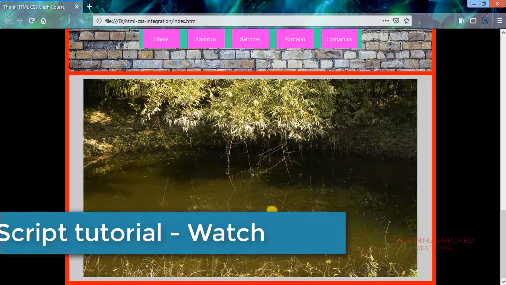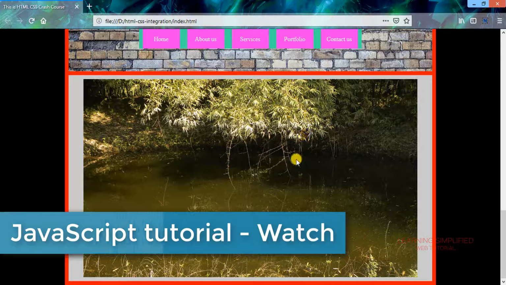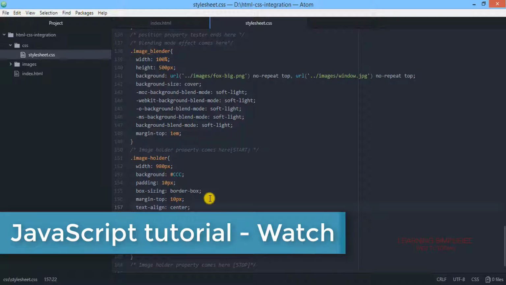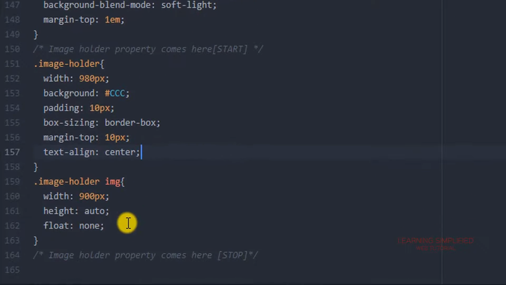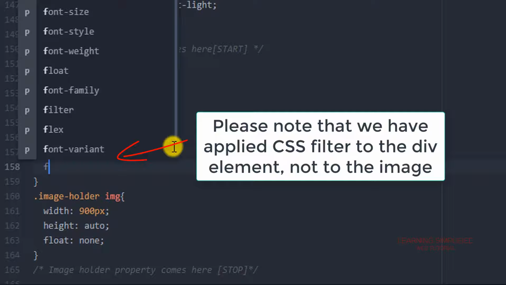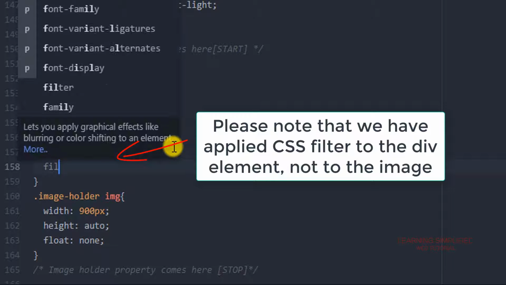But with the advent of these CSS codes, we can do that manually in our web coding. We do not practically require any graphics software or any external software to do those sorts of edits that we had done previously. So how to do that? In that case, all we need to do is use this property here, filter.